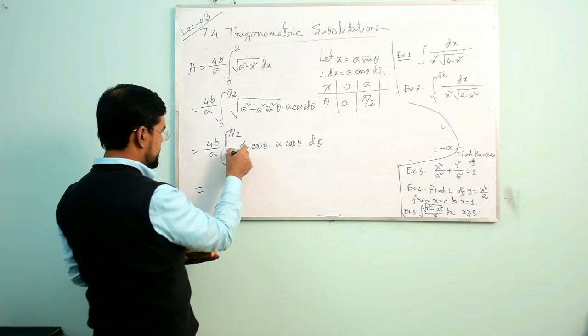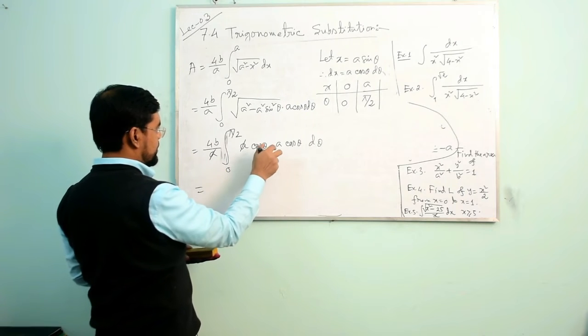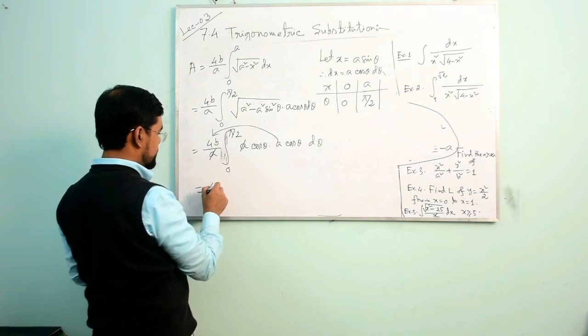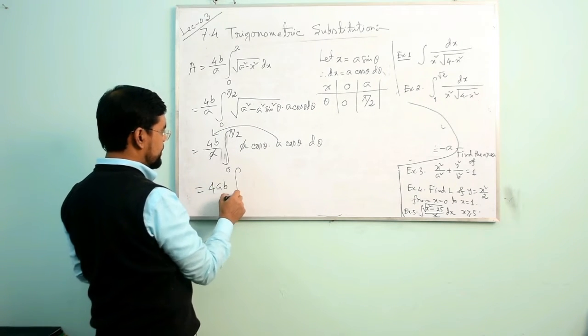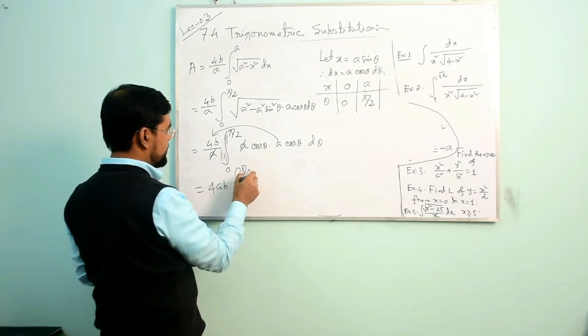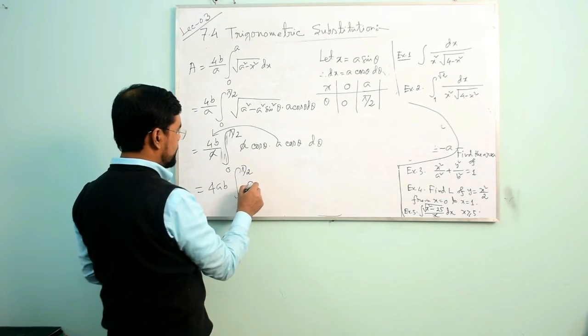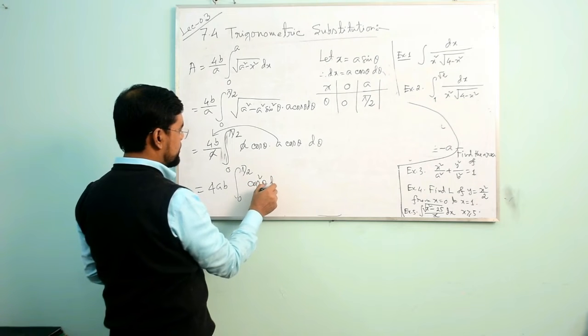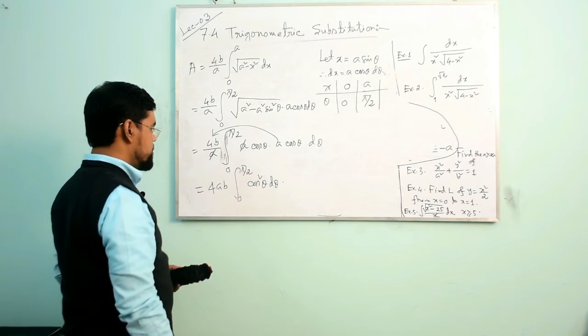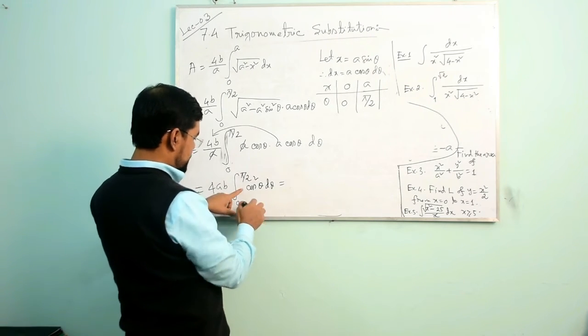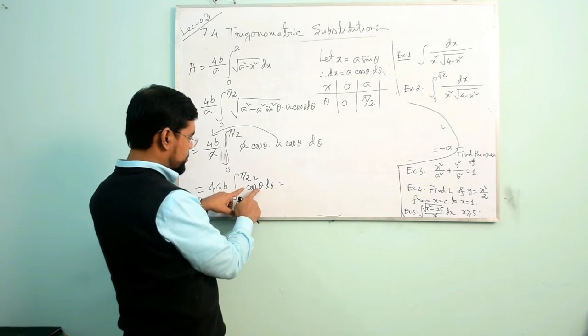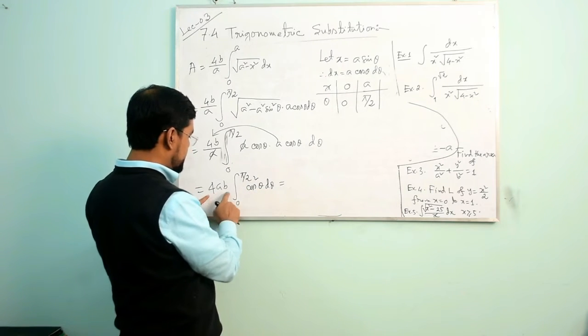You can cancel this a and this a and take it out of integration, so you will get 4ab integral 0 to pi by 2 cos square theta d theta. And if you know 2 cos square theta equal 1 plus cos 2 theta, so I need to divide it by 2,